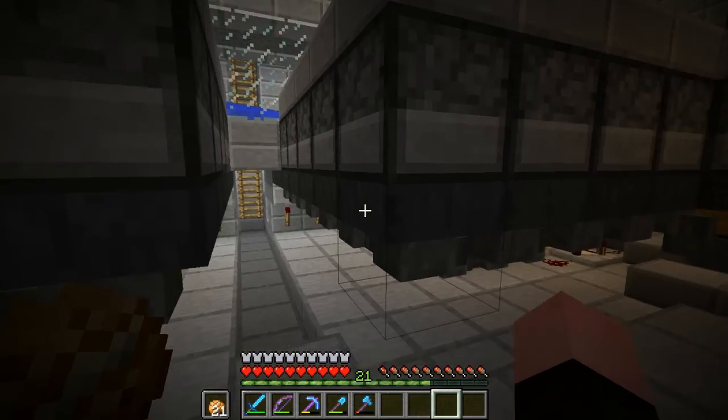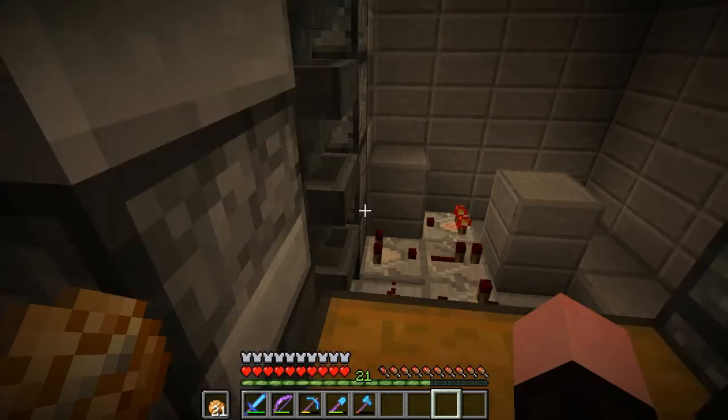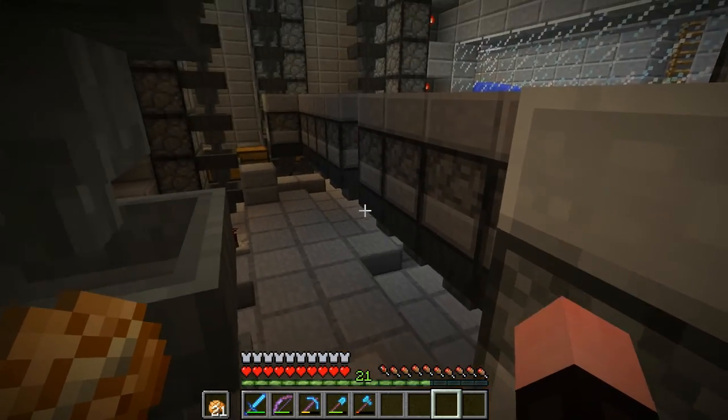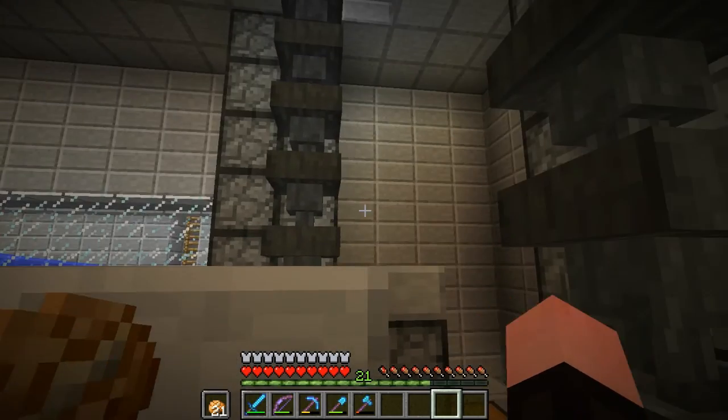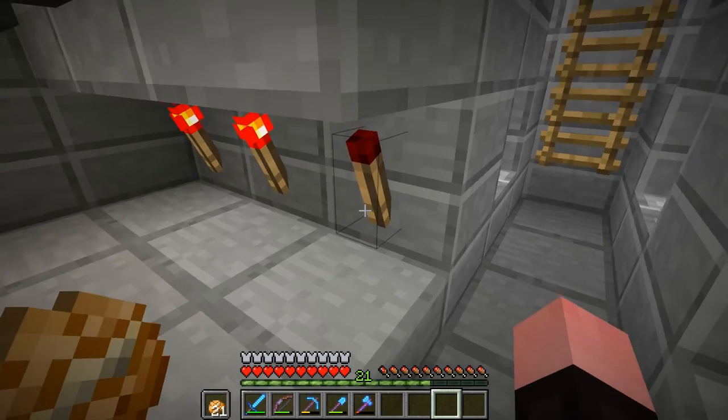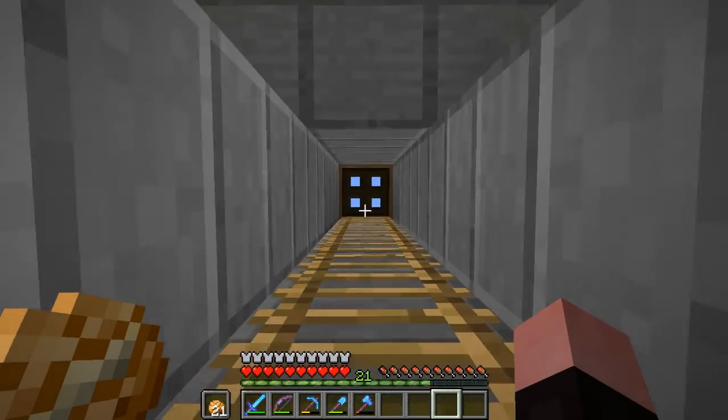And then we've got furnaces on top of all of our hoppers. I was told by a fellow member on the Full Stack server that this cuts down on lag for hoppers. So I figured, you know what? Might as well. Let's go ahead and cut down on the lag. We can see that this is still filtering. So we're going to come up here